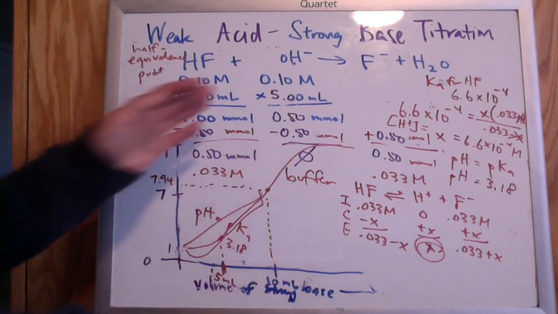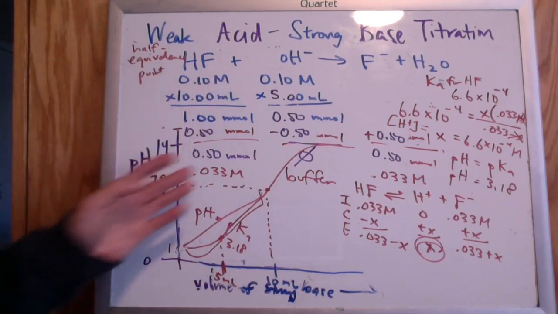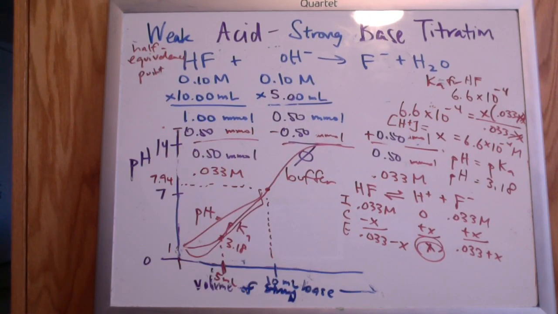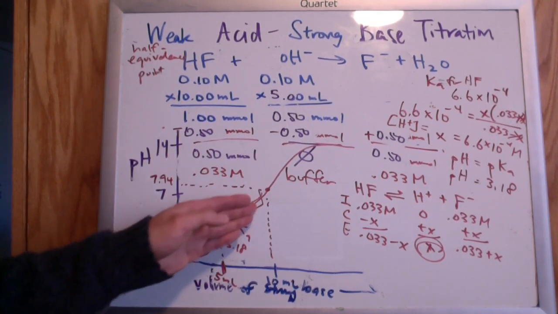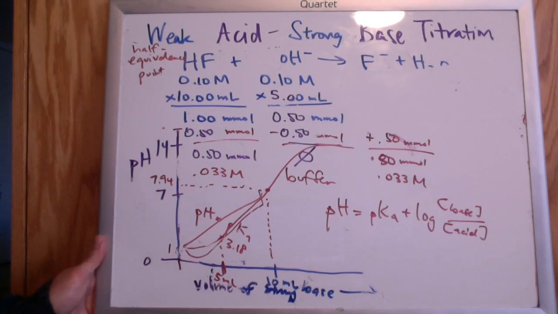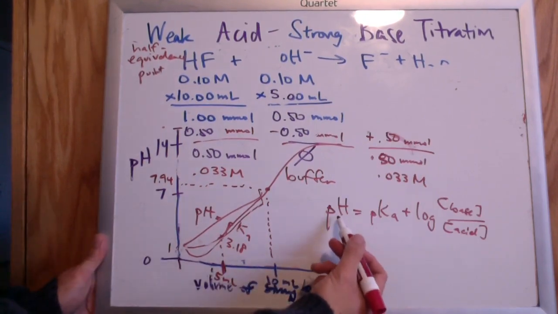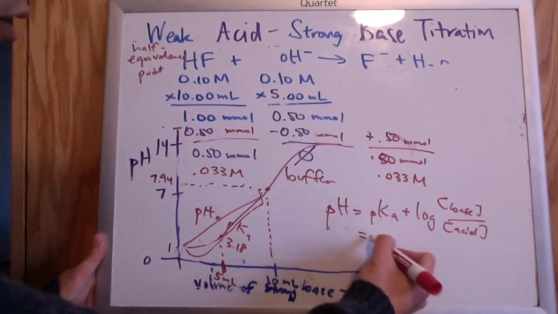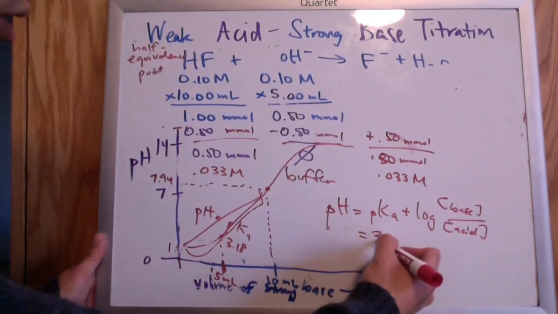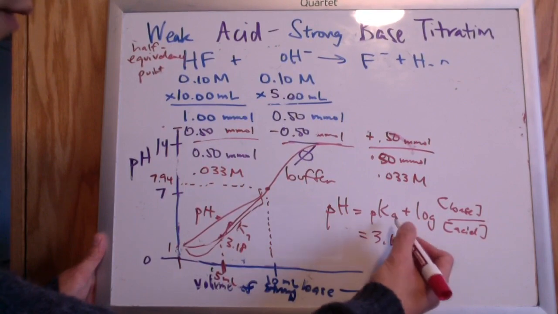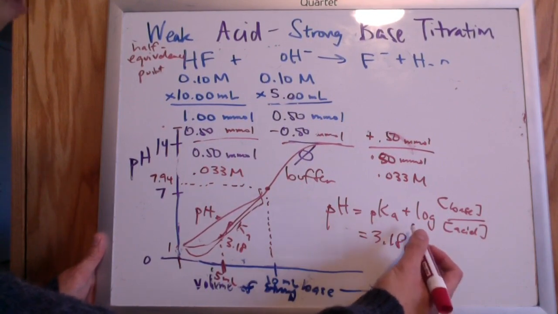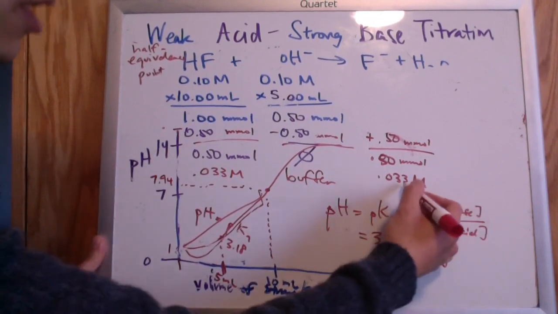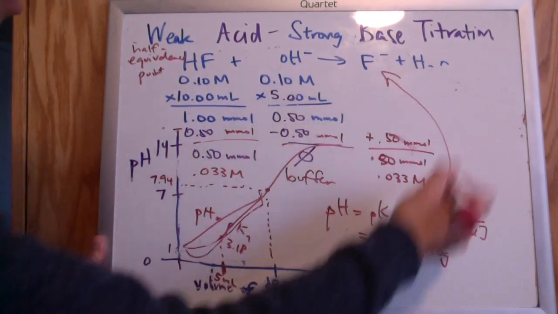All right, the last thing is, let me go ahead and erase, and then let's show you how we got the pH at the half equivalence point with the Henderson-Hasselbalch equation, or you could use it also at any point along these points. All right, so this is the Henderson-Hasselbalch equation. pH equals pKa plus the log of the base over the acid. So the pKa we already figured out was 3.18, because that was the negative log of 6.6 times 10 negative fourth, which is the Ka for HF, plus the log of